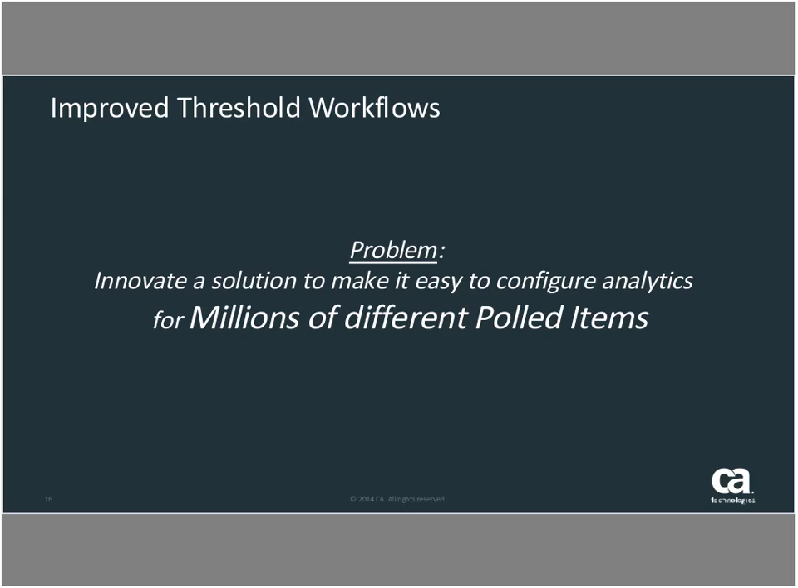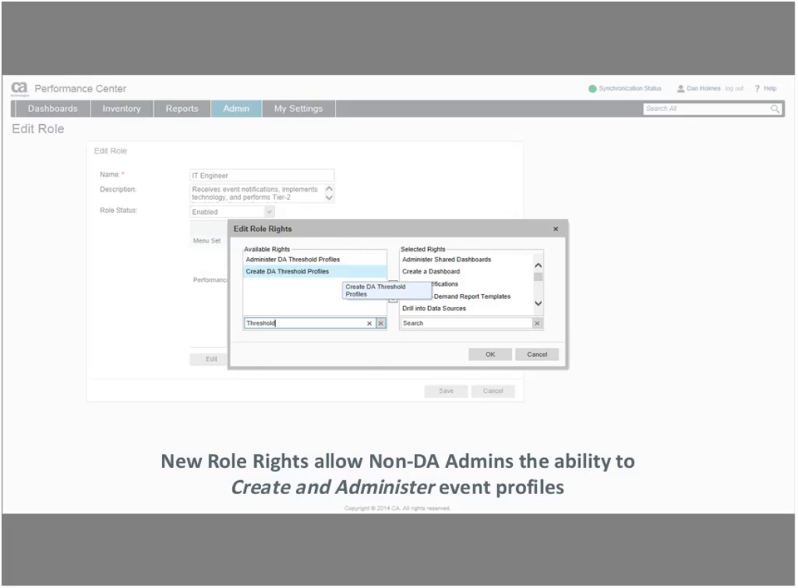All right, now I'm just going to take you through 3 problems that we wanted to solve in the product. The way we look at it as a team, the first one was we want to improve the threshold workflow problems. We want to innovate a solution to make it easier to configure the analytics for millions of different polled items. So when the team stepped back and looked at this, they came up with a 3 or